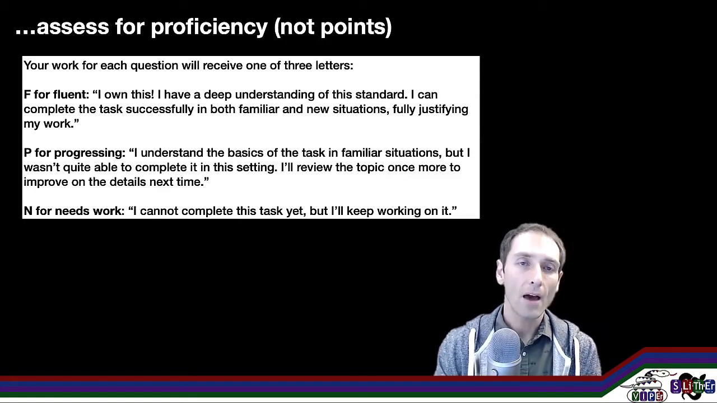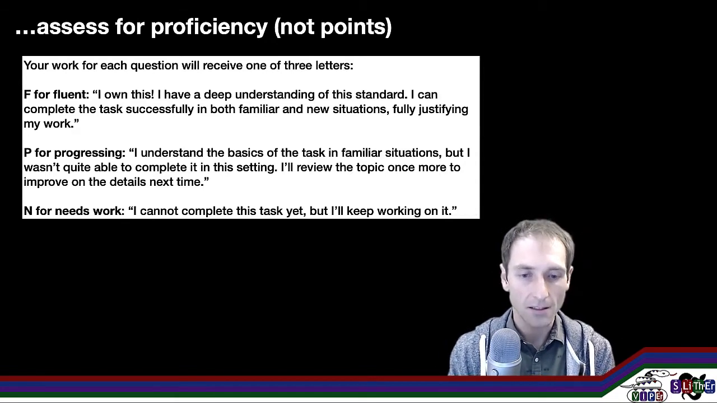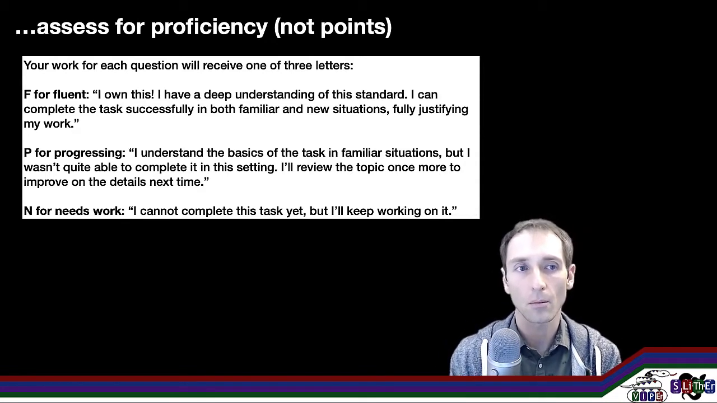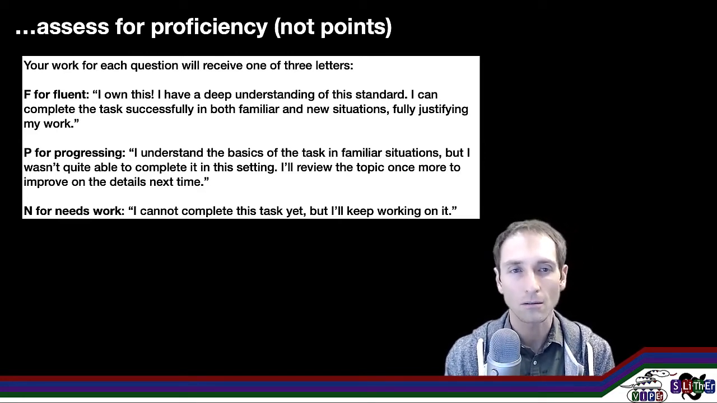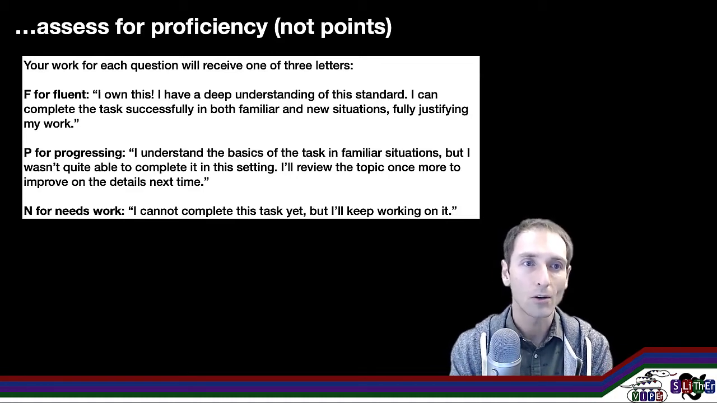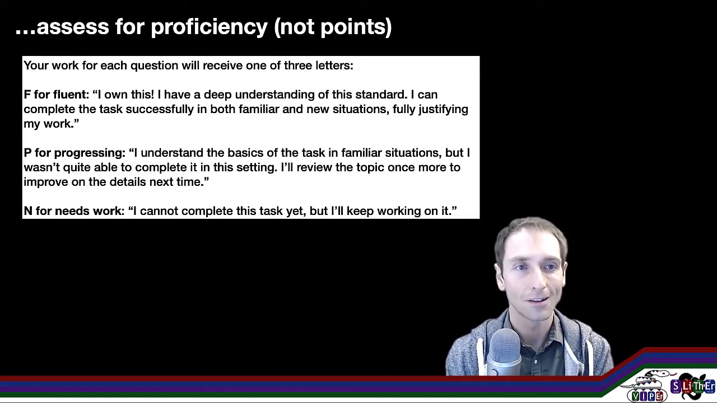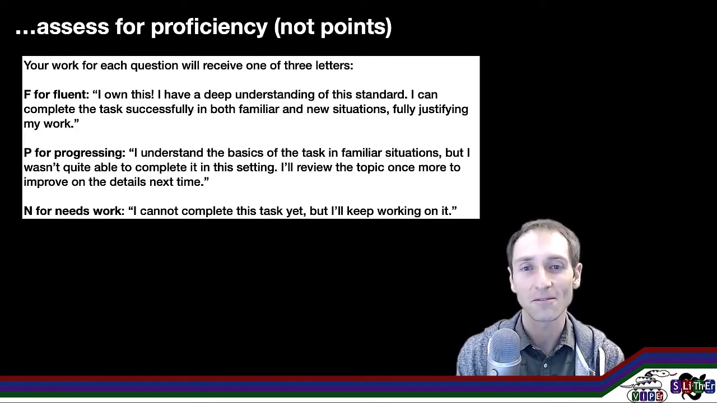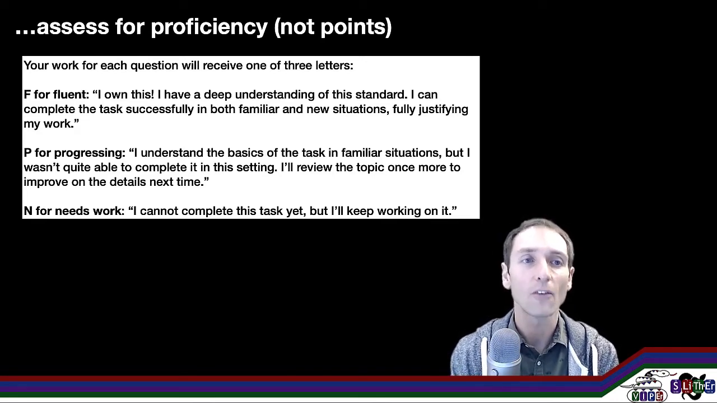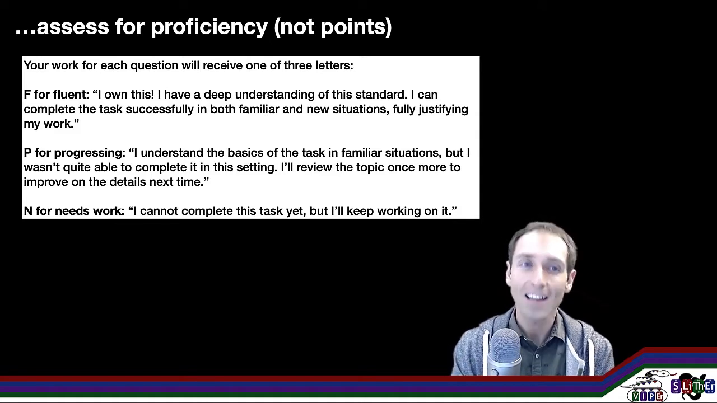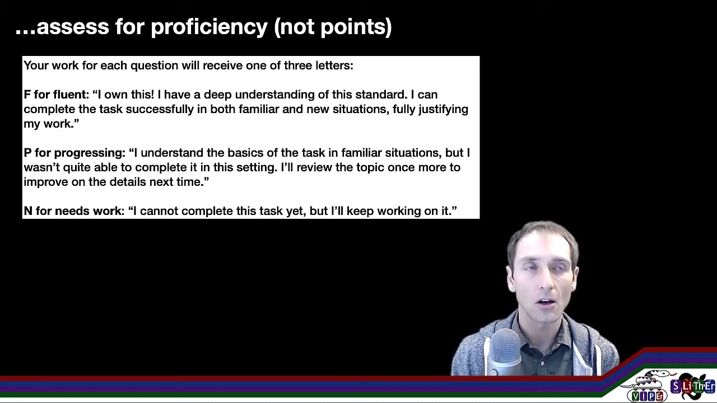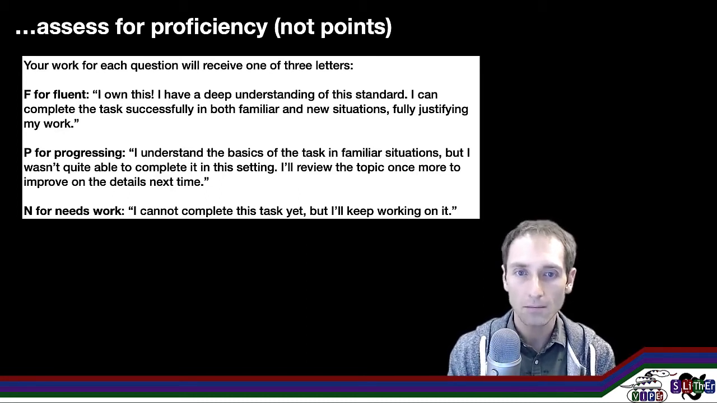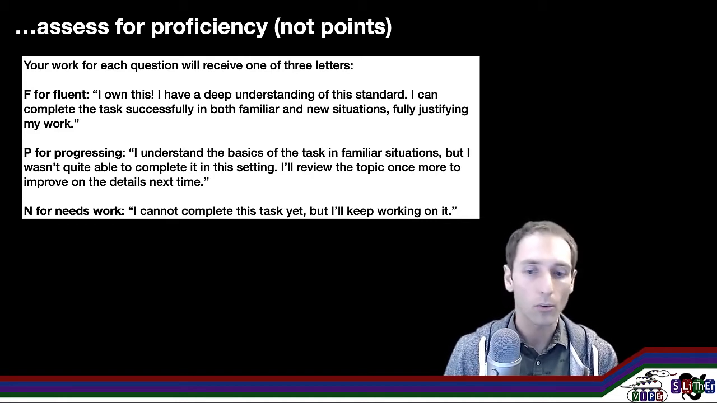So Heather Blake in our math department here at Davidson, this is from her syllabus. This is how she assesses each problem, each section, each learning outcome, that you go from F for fluent, which I don't know, maybe just trying to be funny with F is the best, but fluency. Can you say, yes, I own this. I totally understand this. And I can understand it in familiar ways, like things from the textbook or lecture, and then new situations. So a brand new topic,